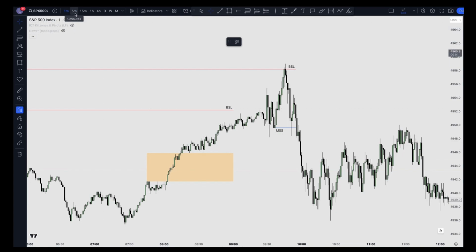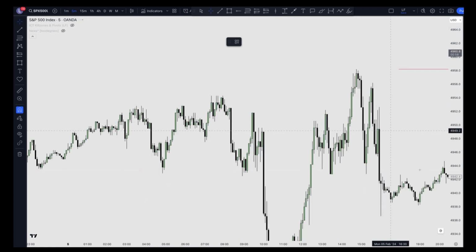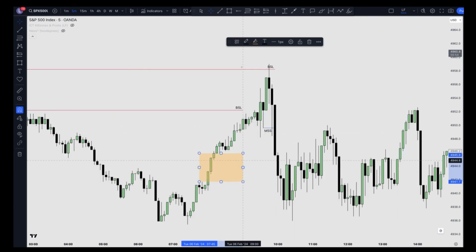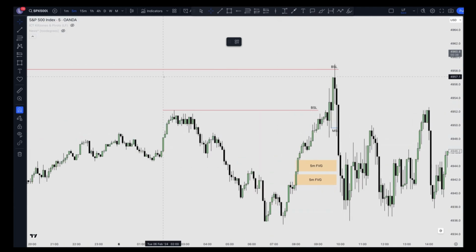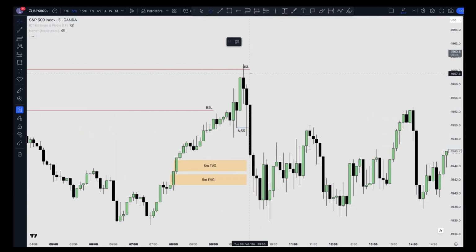So I was monitoring the 1-minute as well as the 5-minute. I noticed that there was actually a few fair value gaps that has formed. So there's one here. There's also another one here. We can see when price took out the buy side liquidity here, it traveled down with speed. So the levels that you can target are imbalances and inefficiencies like that, or you can even target